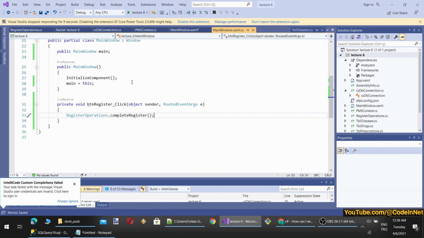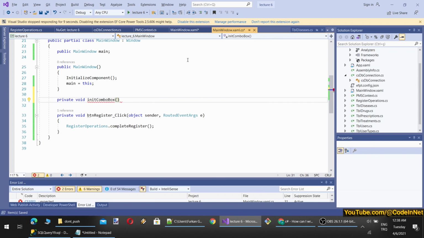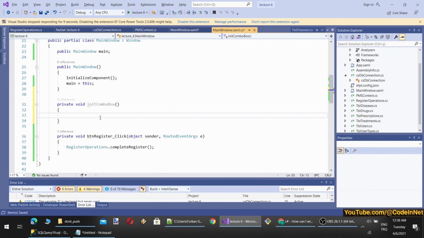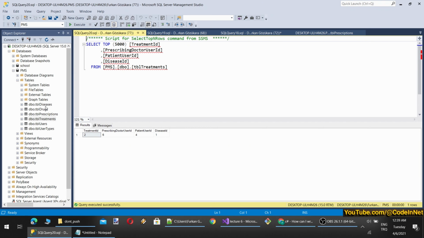Then I also need another thing. I have to initialize the combo box. Let's write a method for that. First, write the method inside here, then we will move it. So what is this going to do? This will initialize items into our combo box, but I want to use a class. What I mean is a collection, observable collection, to be the source of my combo box. So basically we are going to design an observable collection of user types.